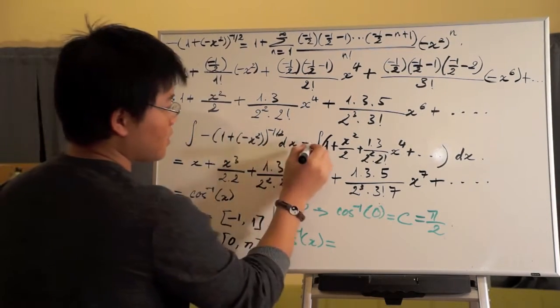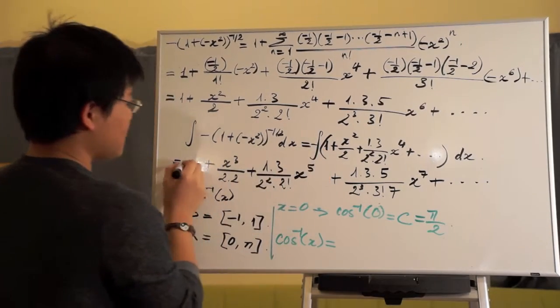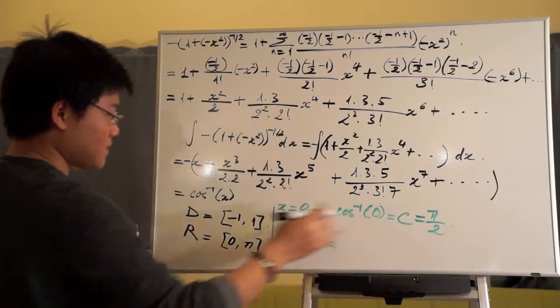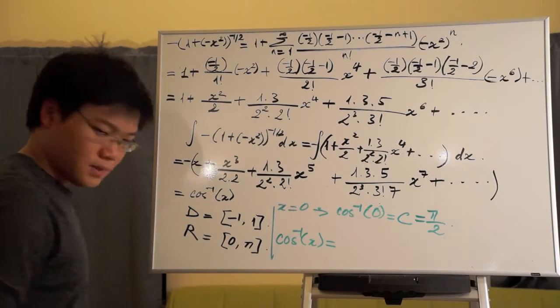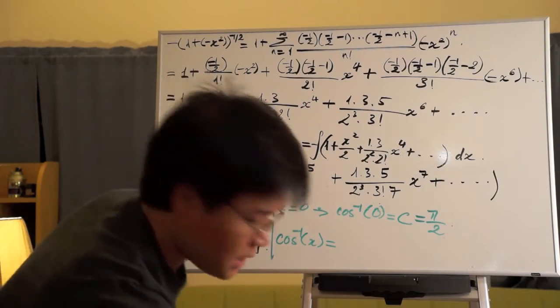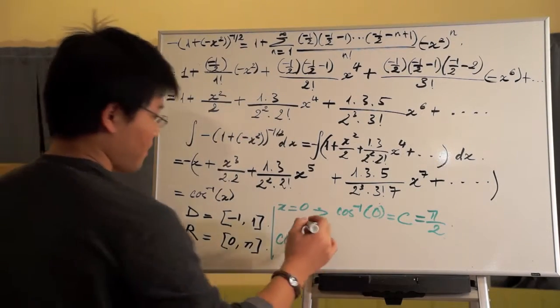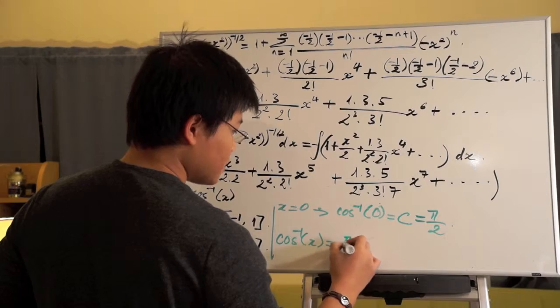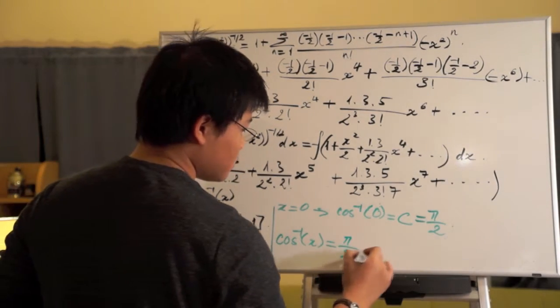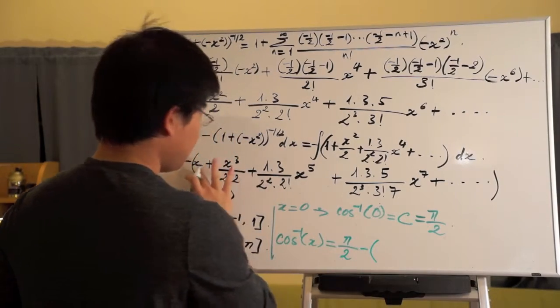If there's a minus sign here, we put the minus sign in front. It wouldn't change anything, it wouldn't change the c, but it's important to put it in. So you have inverse cosine x here equal to pi over 2, because c we said is pi over 2, right? So pi over 2 minus x